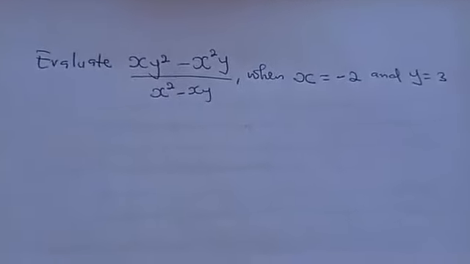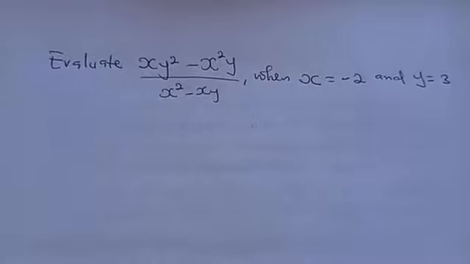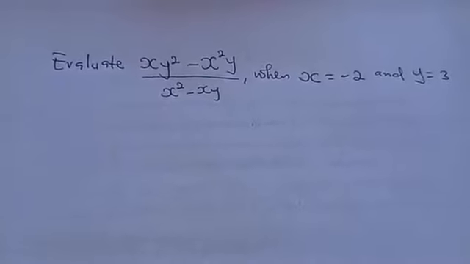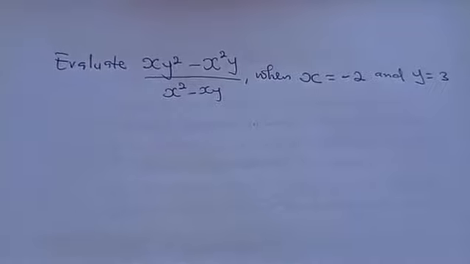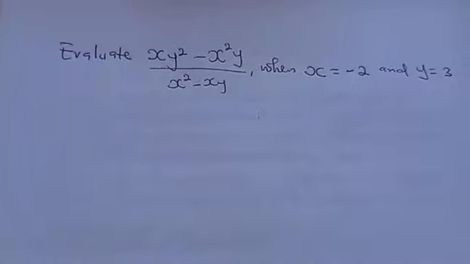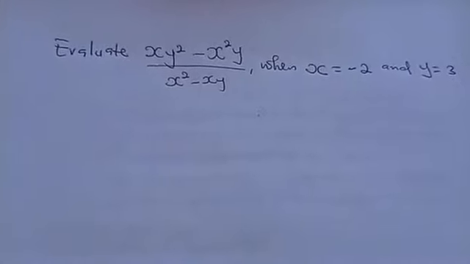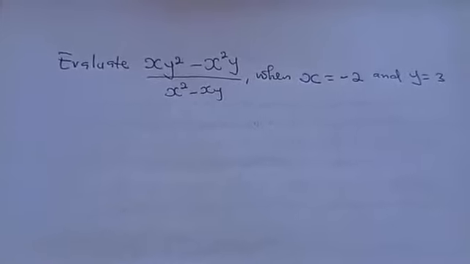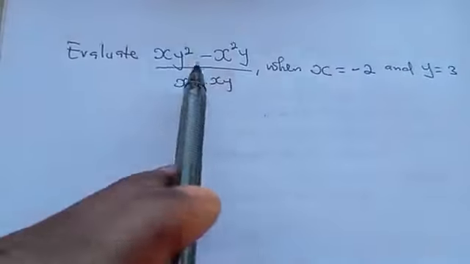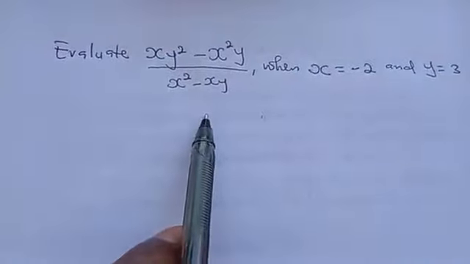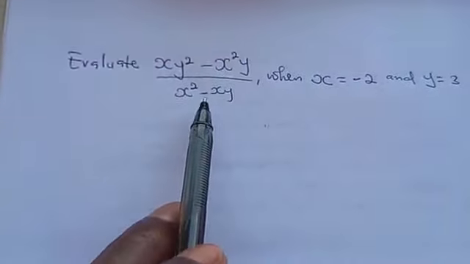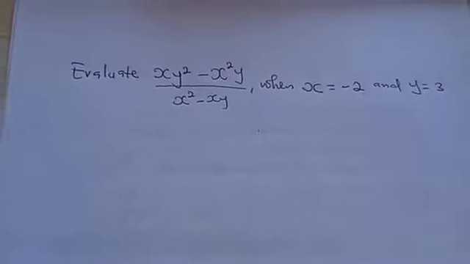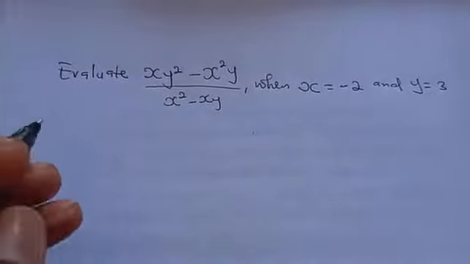When x is equal to minus 2 and y is equal to 3, we have to evaluate that algebraic expression, xy squared minus x squared y divided by x squared minus xy. So what we'll be doing here, there are also two methods. It's either you factorize this expression first before substituting, or you can as well go ahead straight and substitute. You will arrive at the same answer. So let's try it. The first thing,